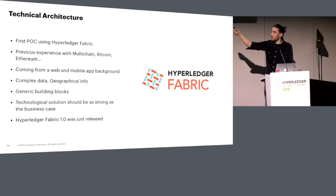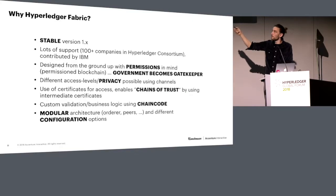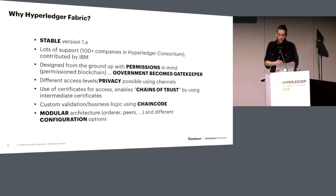And then, yeah, we used Hyperledger Fabric. It was a year ago, so 1.0 was just released. But we used 1.1 because it was in beta. We are coming from a web background as well, so we had a lot of Node.js developers, no Go. We didn't know Go yet, and there were no Geo libraries for Go at the time, so we chose